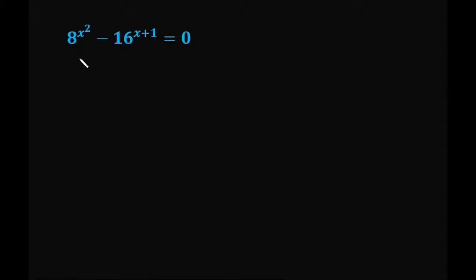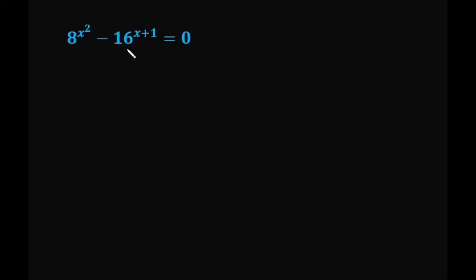In this video, I am going to solve this exponential equation: 8 raised to the power x, raised to the power 2, minus 16 raised to the power x plus 1, is equal to 0. When I see this equation, there is 8 there and 16 there. This 8 can be written as 2 raised to the power 3, and 16 can be written as 2 raised